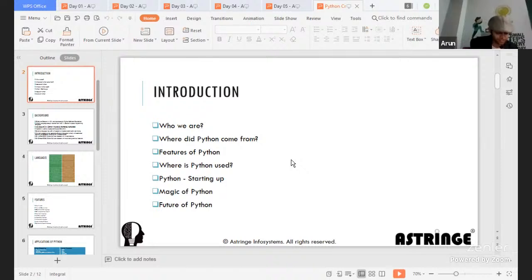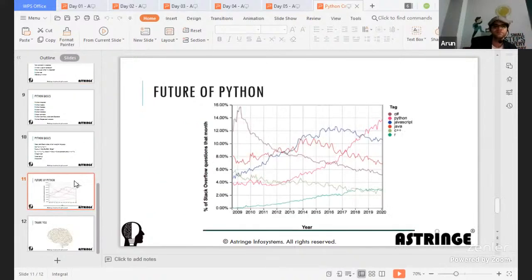We also ensured that Python is running along with the Jupyter Notebook using a software deployment package like Anaconda. We also learned about the various coding aspects of Python and how Python could magically reform ourselves, right? And also let's see about the future of Python, which I think is pretty important over here.